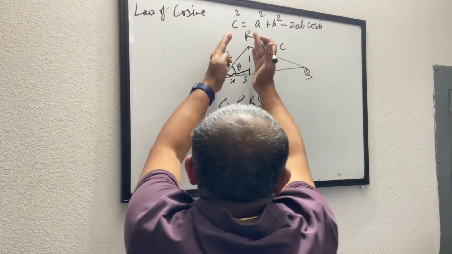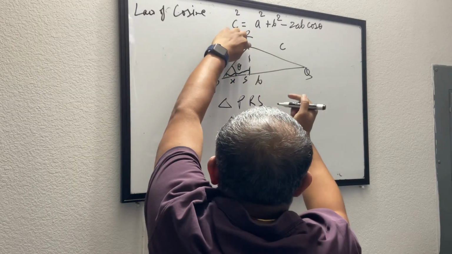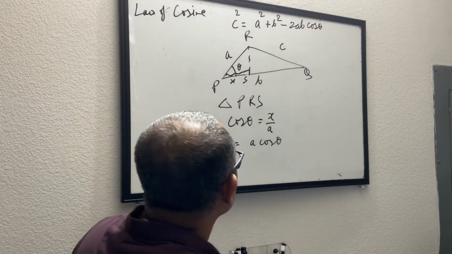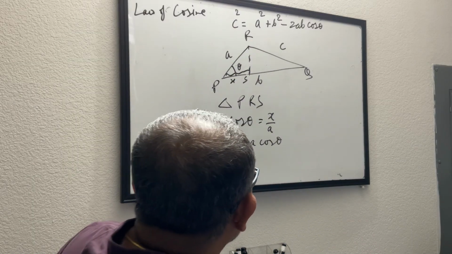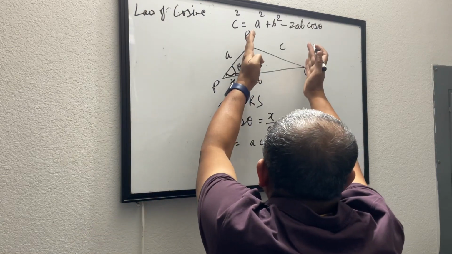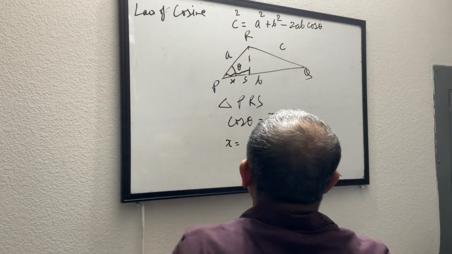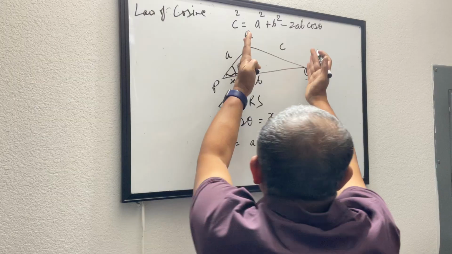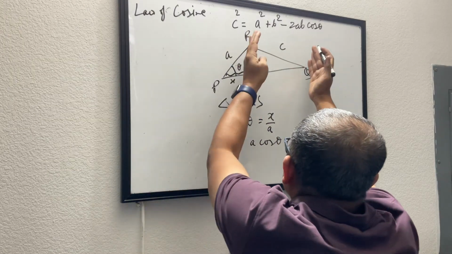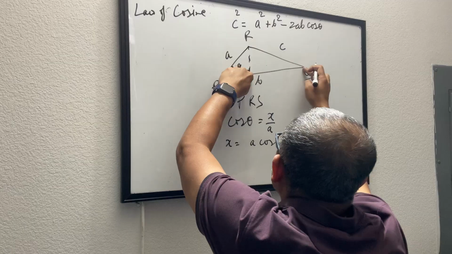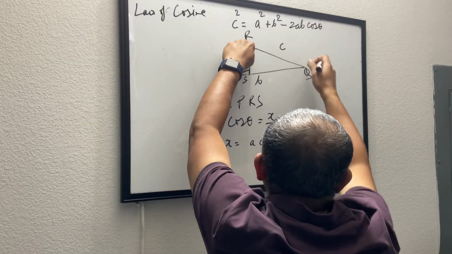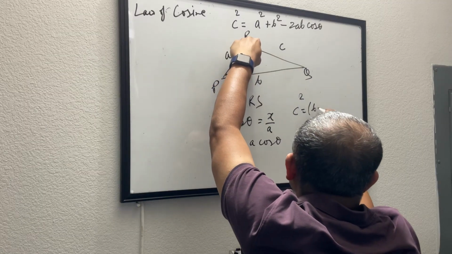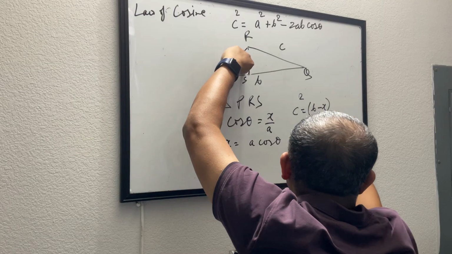So we just took this right angle triangle, because we dropped a perpendicular from here to here, and from it we found out what is the cos of theta. Now let's look at this triangle. What does this triangle say? This is a right angle triangle. So from this one we can say this length squared plus this length squared equals this length squared. So c squared equals this length, which is B minus x, squared,